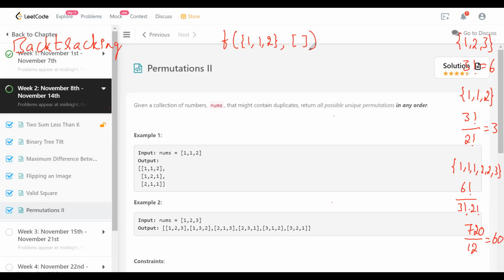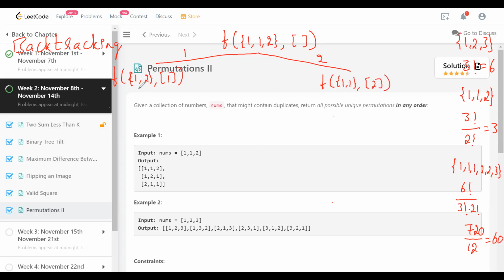If you look at the possibilities in backtracking, we try every possibility exhaustively. It looks like there are 3 possibilities here, but there are actually only 2 distinct possibilities, because 1 appears twice. Whether you take the first one or the second one doesn't really matter. So if you choose 1 or if you choose 2, these are the only 2 possibilities, and that is going to generate permutations. If you choose 1, the remaining problem is we are still left with one more 1 and then 2, and the first symbol in the permutation is 1. We are not yet done completely, so this is the first stage. On the other hand, if you choose 2, you're going to be left with 1 comma 1, and 2 is the first symbol in the permutation.